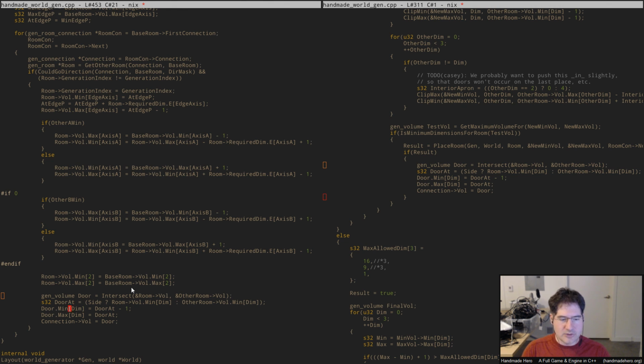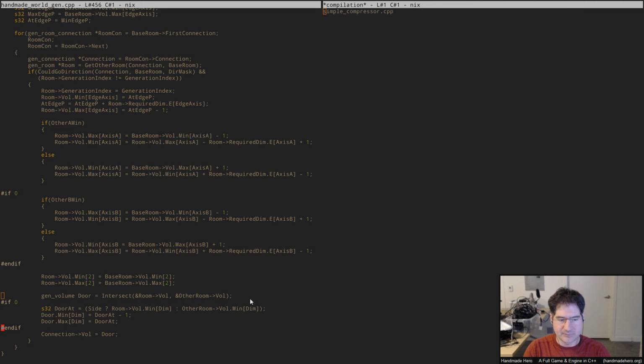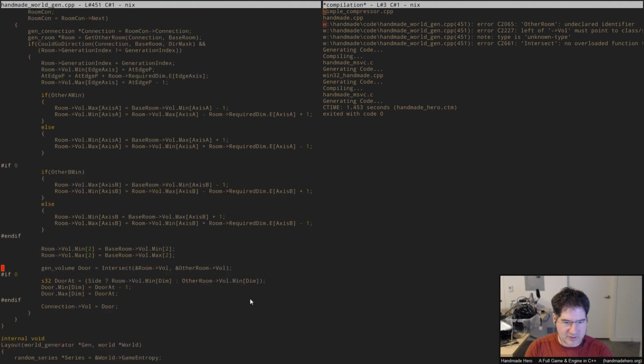the door. So in order to put the door in, what we want to do is use what was the edge that actually abutted these two together, right? So we know that the edge axis that we're talking about here, the edge axis is the one that we're moving along, I believe, right? Is that correct? Yeah. So the edge axis is the axis we're moving along. That's the axis along which we want to shrink the door so that it doesn't take up the entire room. Now, we could take up the entire room, right? So we could just say the door is the entire aperture between them, right? And that's just saying, look, it's a completely